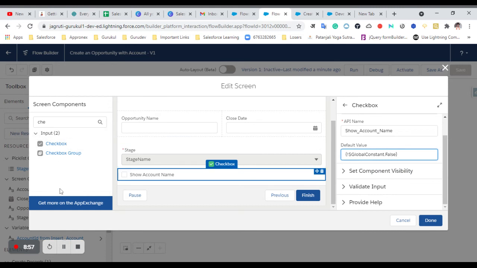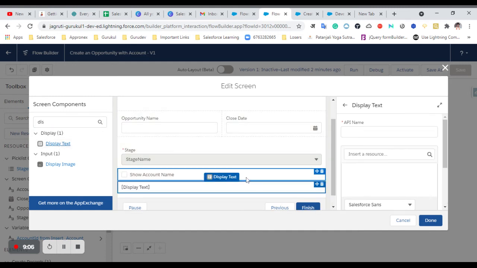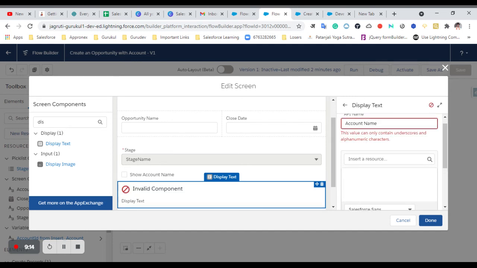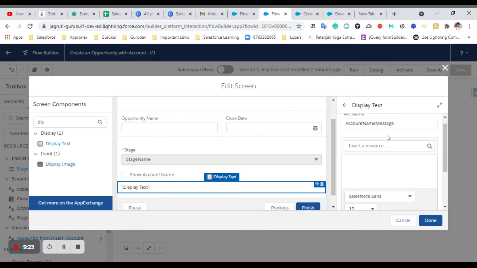Yes. Now I want to use a display text. So it will show after this one. So it will be account name. Okay, account name is already there. So account name message.